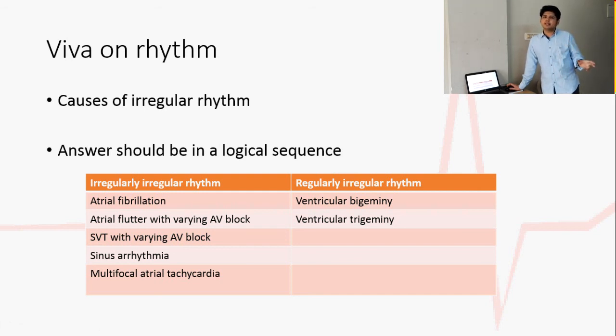If irregularly irregular, the most common cause will always be atrial fibrillation. Other than that, we can give causes such as atrial flutter or any supraventricular tachycardia with varying AV block, or sinus arrhythmia and multifocal atrial tachycardia. We have seen this example previously. Now, if the rhythm is regularly irregular, we have seen the examples of ventricular bigeminy and ventricular trigeminy. So till now we are done with the rhythm. Our next step will be how to decide the rate in